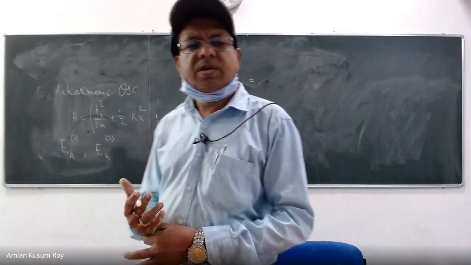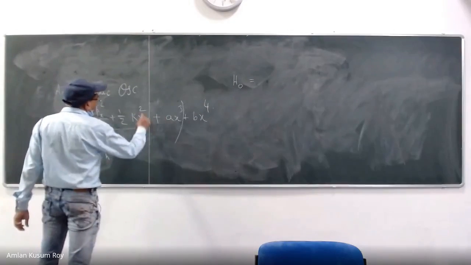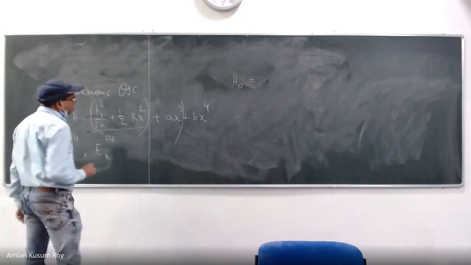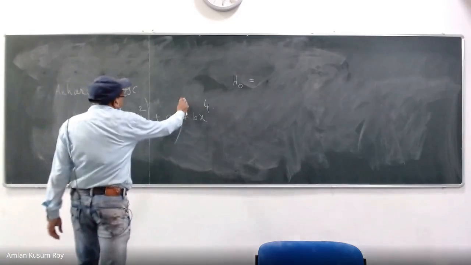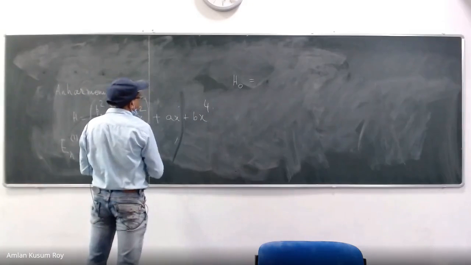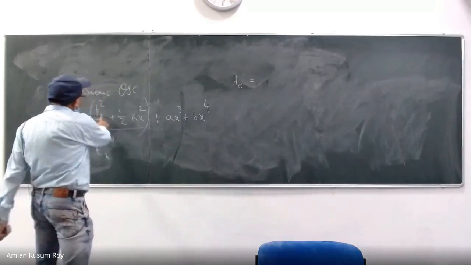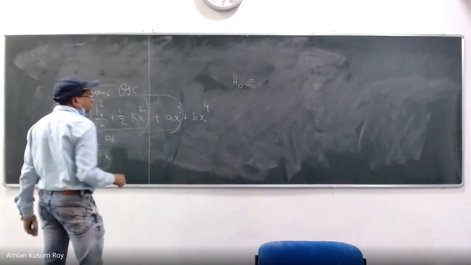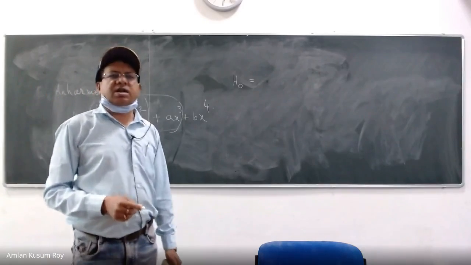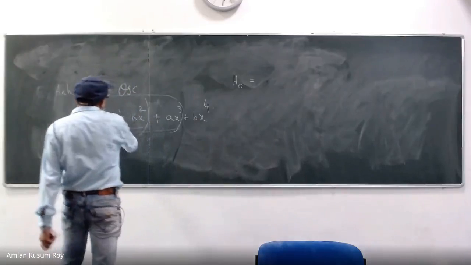Right, Rohan? You understand? Yes, sir. So H0 of this Hamiltonian is known to you. That is your model problem which you have worked for long, right? So that is my H0. I cannot take this as H0. It is not a matter of choice. It's a matter of restriction and constraints that I am left with. It's a matter of limitations because I do not know the solution of this Hamiltonian.